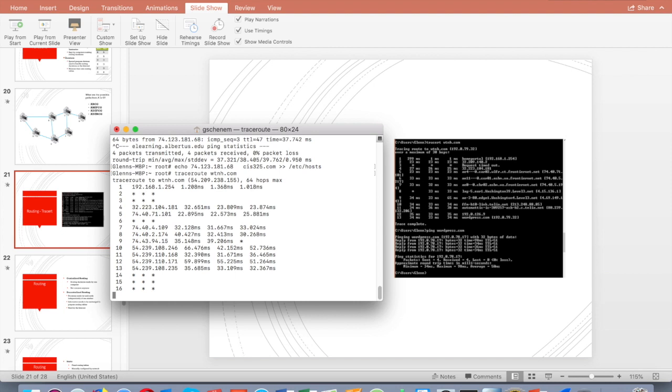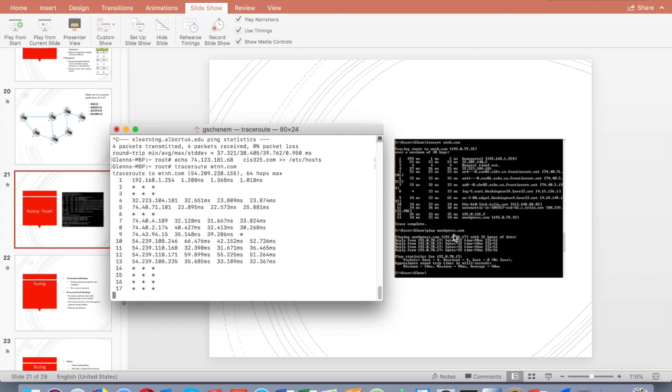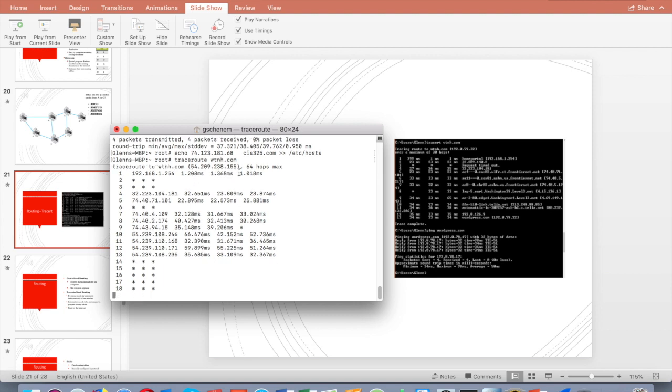And I also noticed from this previous traceroute that WTNH used to be a WordPress website, and it was not anymore. So it looks like it's within the network right now.